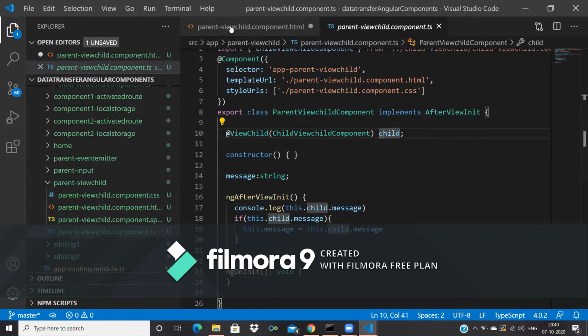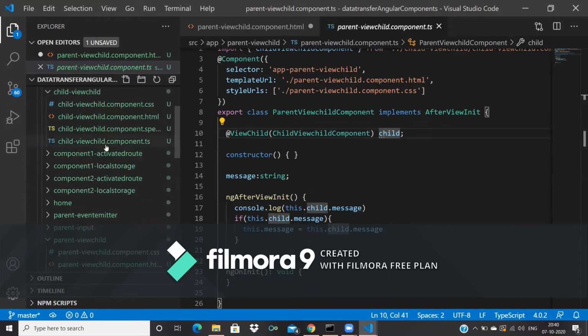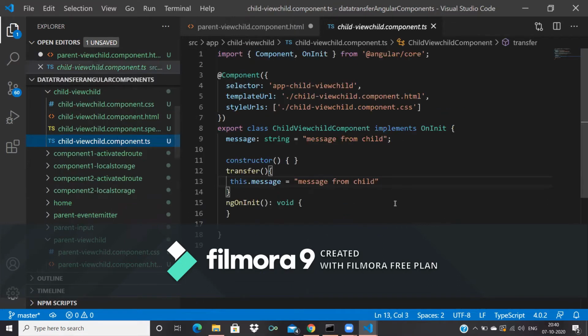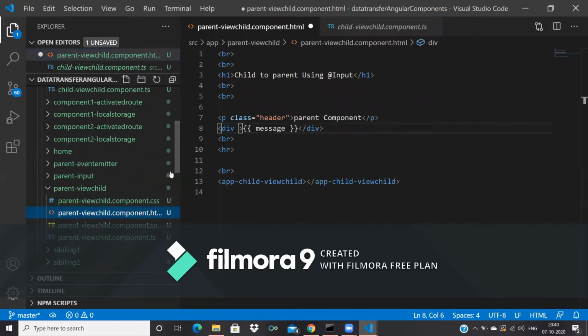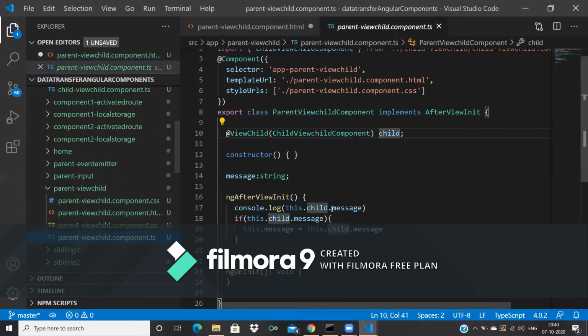Here in the child component you can see it is named message. So in the parent component I'm calling this.child.message.